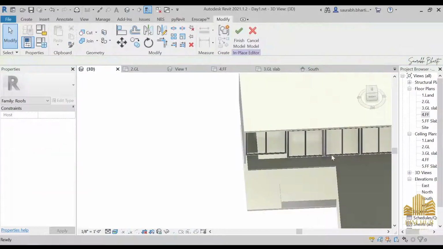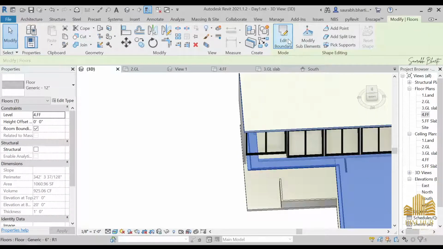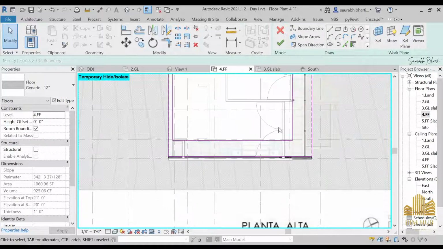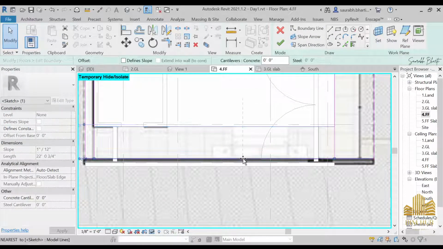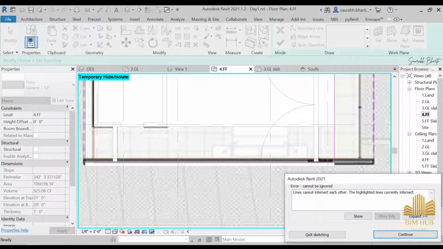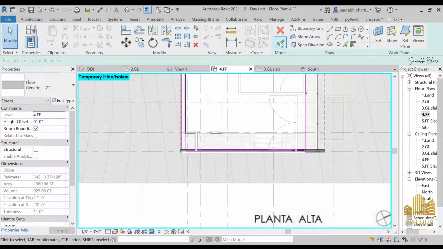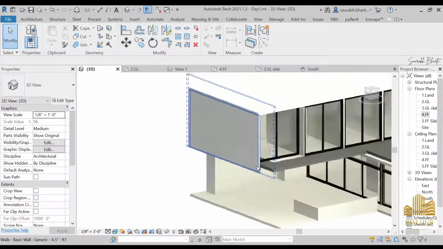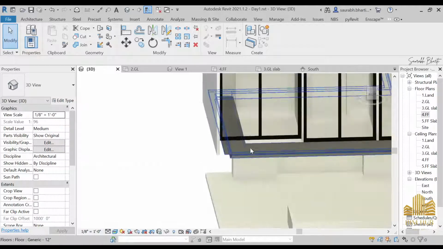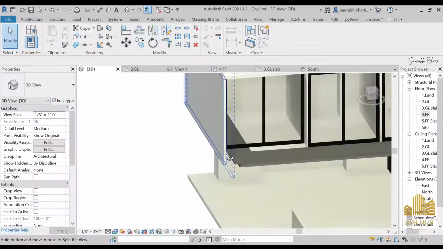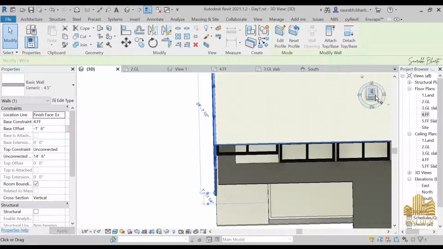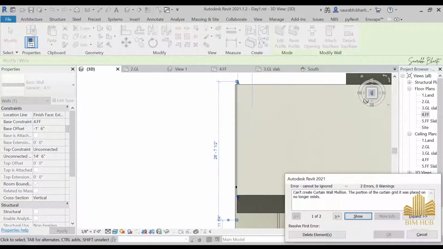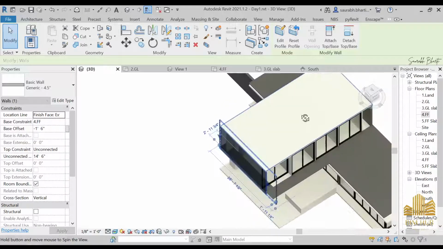So just go to edit, not in editing place, actually select this floor, go to edit type, go to the first floor and make it something like this and finish it. Okay, just try to finish it. Okay, we cannot do the changes after providing it with a sweep. So what else can we do? We can reduce the size of this one actually. Go to the top, make it smaller, delete element,